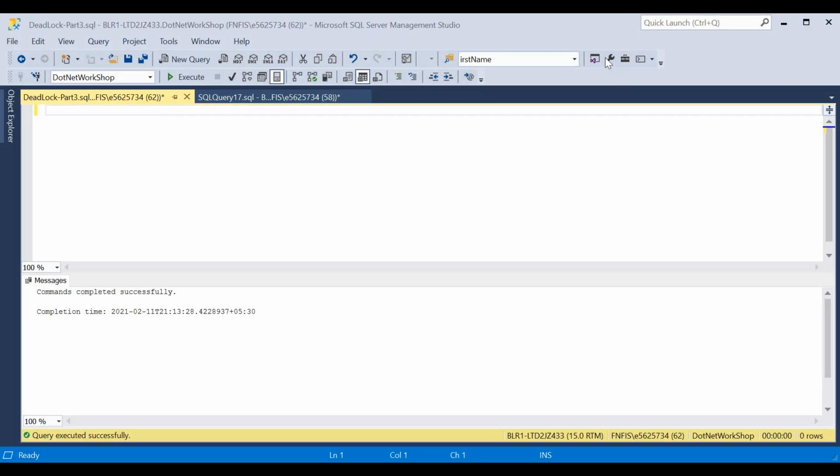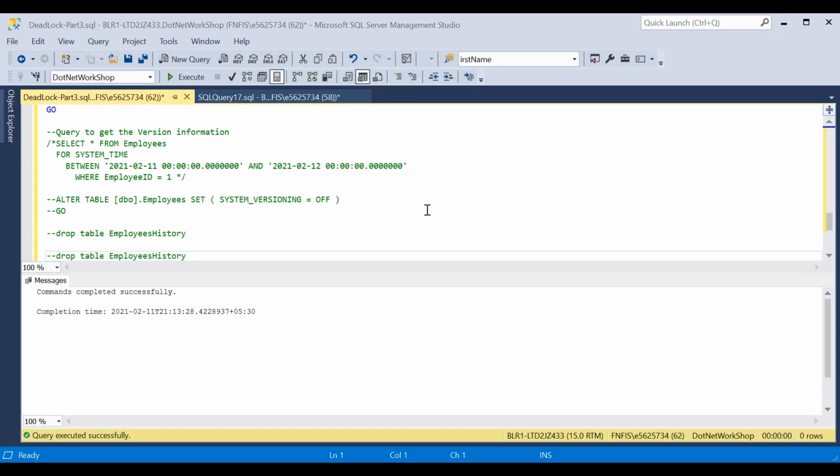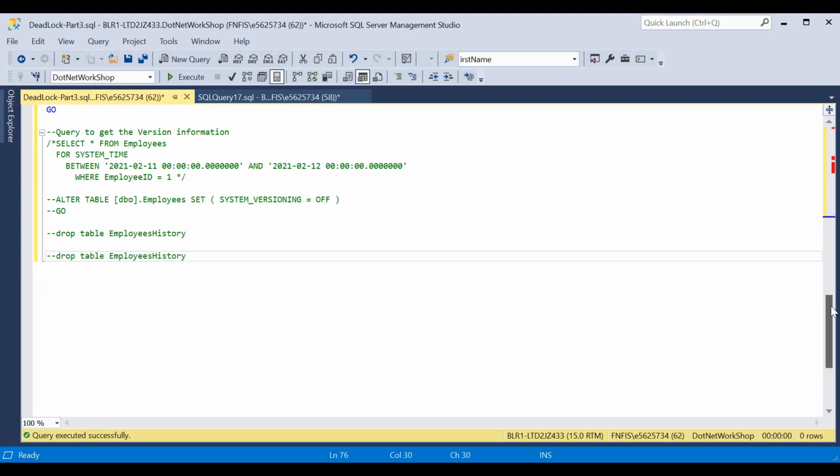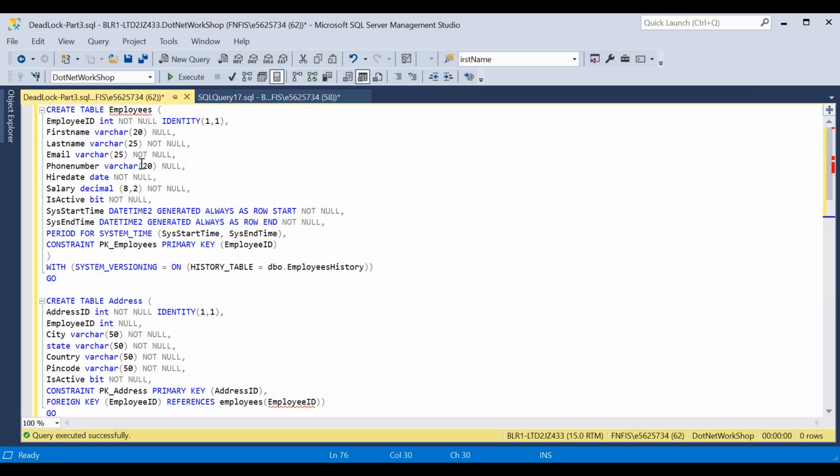Let's flip to the database now. I'm opening one query. Now I'm creating the employee table with, as I told you, two columns to maintain the versioning, which is system start time, datetime2, as I told you, this data type is datetime2.